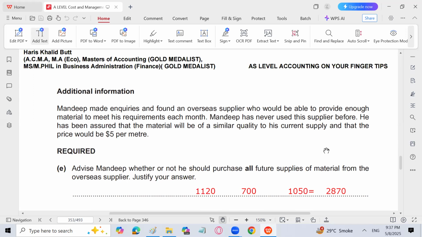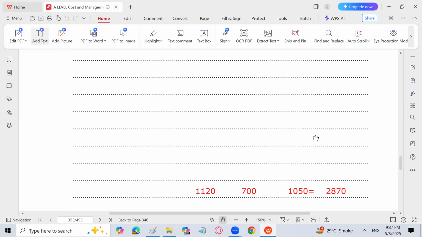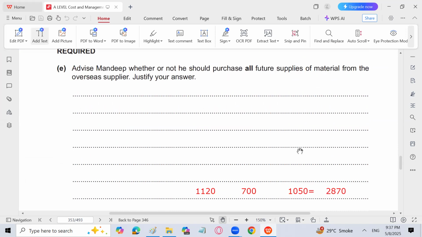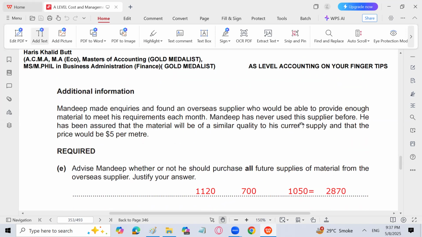So what is going to be the delivery cost, or will the overseas supplier be able to continue, or is there a change in the currency, right? Currency rates, then we have to pay more. So these things have to be taken into account, that our delivery should be on time so that the customer should not be frustrated and we should not lose our customers. So these things will be taken into account. Otherwise, because we are getting the material at a lesser price, $5, we should go for it